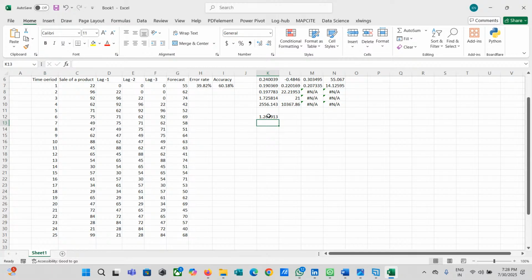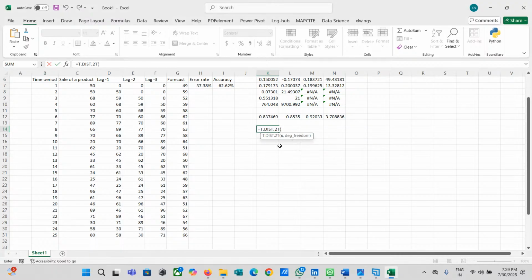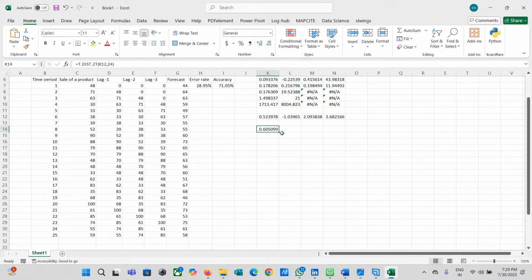So if you look, the t stat is 1.26, and if I find the p value for this, this is a very, very high p value, right?